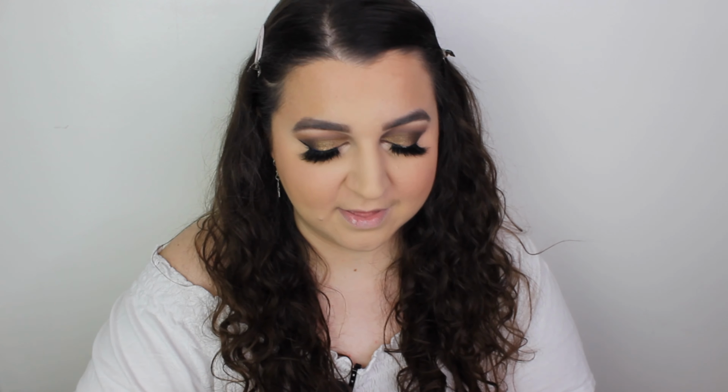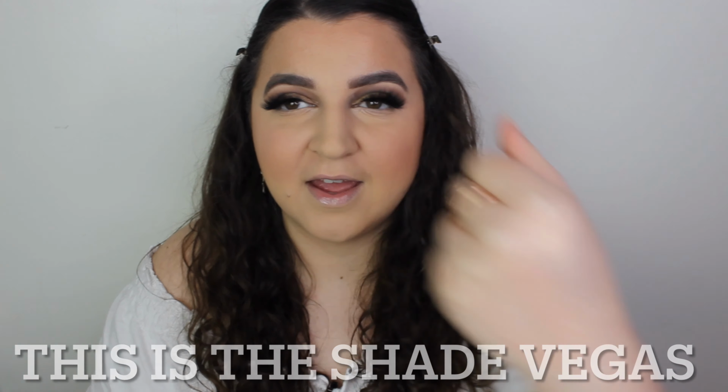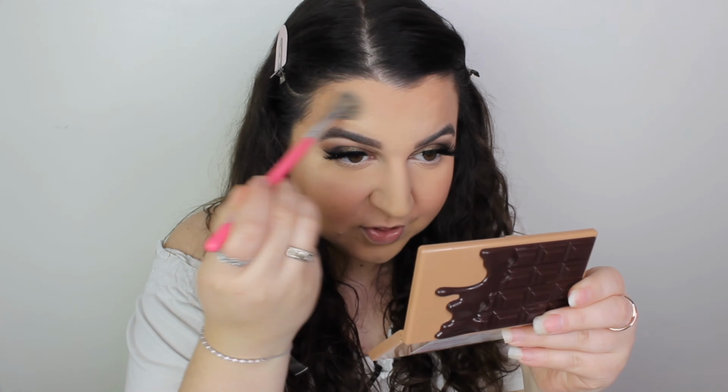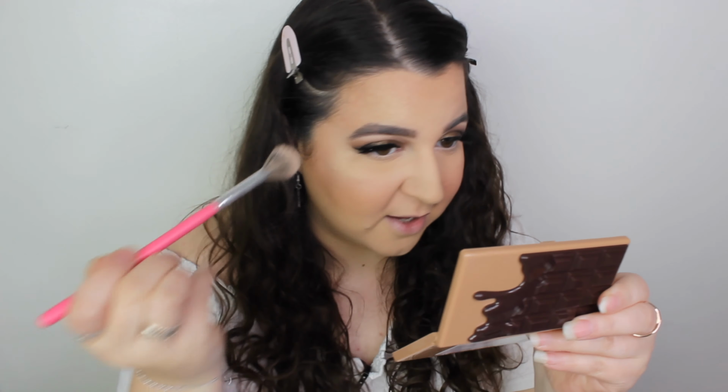For highlight, I'm going to try the ABH one. I'm going to use Steph Tom's one in my next first impressions, because I feel like I've got enough for 2 full faces. It's just stunning. Let me swatch this for you. Look at that sheen. It is absolutely gorgeous. You see that? I'm not someone who buys high-end, and I have 2 high-end ones. I do want the new ABH one,